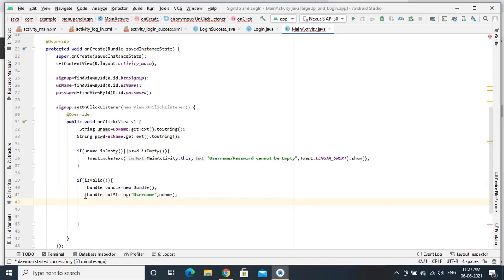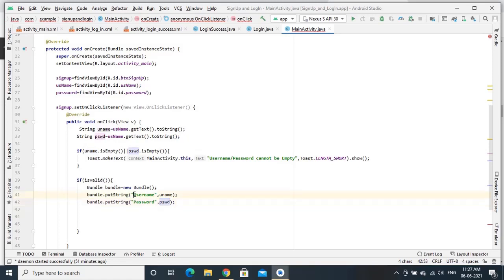And same thing I need to repeat for password. And just I will change this as password, and this is pswd. The same key we have to take it in the login page in order to retrieve these two values.